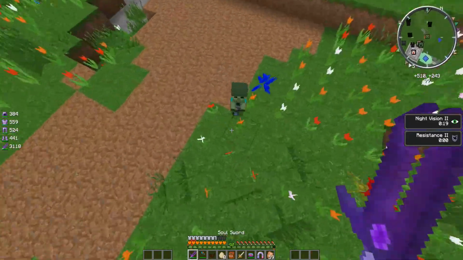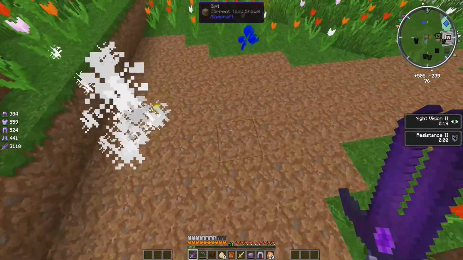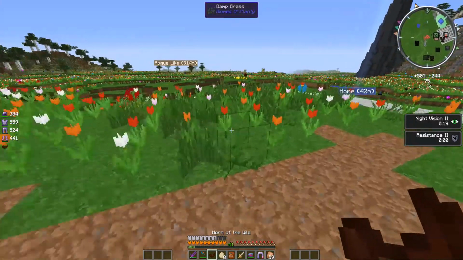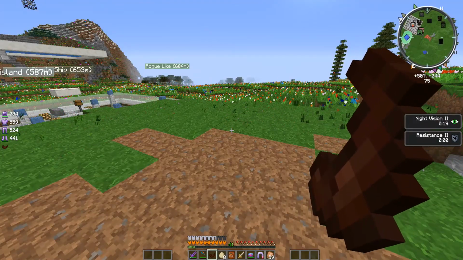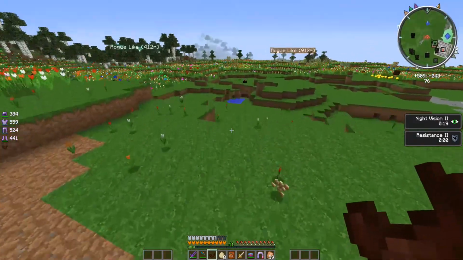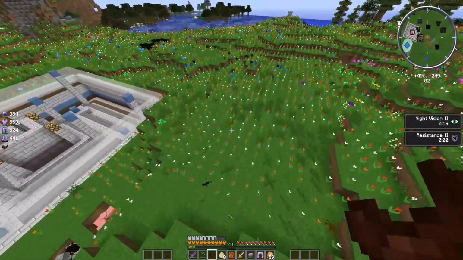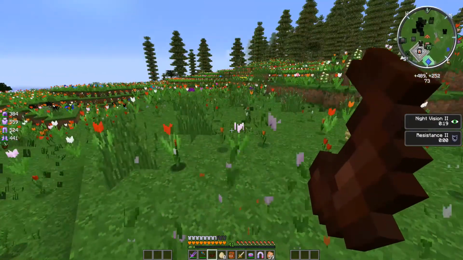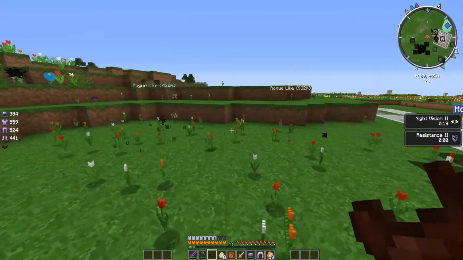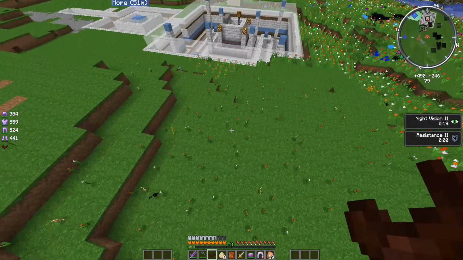You want to see what this thing does? After I kill this guy? Come here, dude. What are you running for, man? This thing is awesome. It takes out all the grass blocks in an area. So I can get rid of all of this stuff and probably, maybe increase my frame rate a little bit too. But you see, it drops the items just like it normally would if you broke them by hand, which